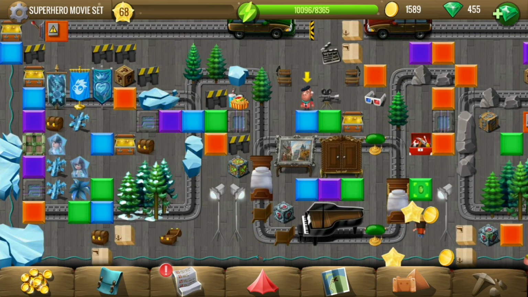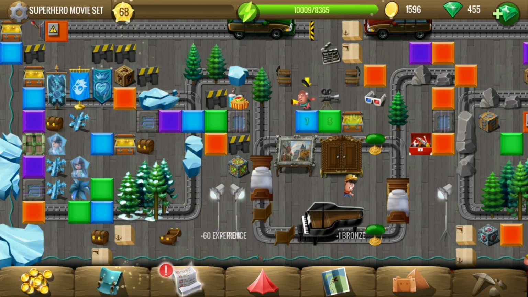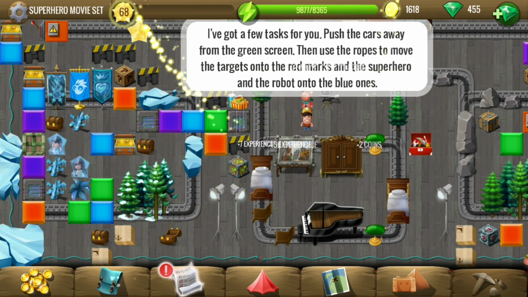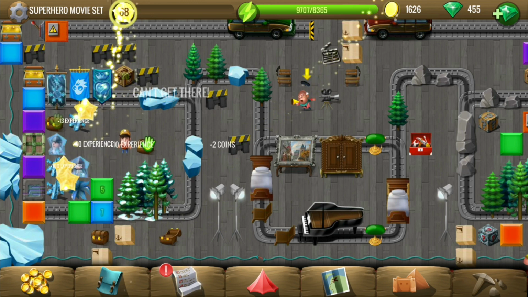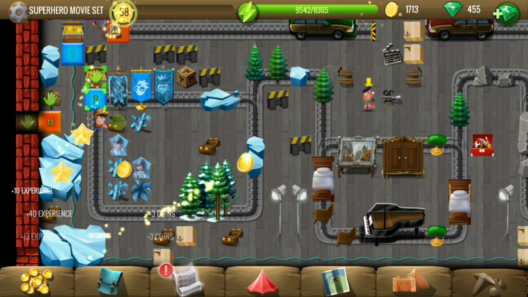So we are on to the set now. How do we reach that director? Maybe from the top right. There are too many obstacles here, so we can't directly go and talk to him. So he's got a few tasks. Push the cars away from the green screen, use the ropes, and some characters onto the blue marks. I'm not going to remember all of that. I might have to talk to him later anyway. But anyway, we have to do something, so